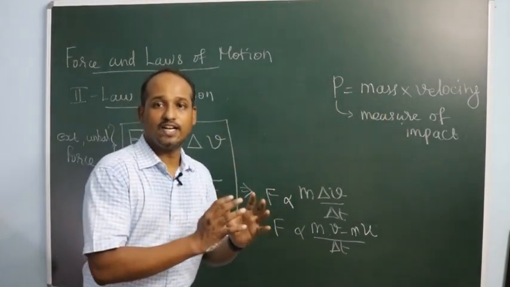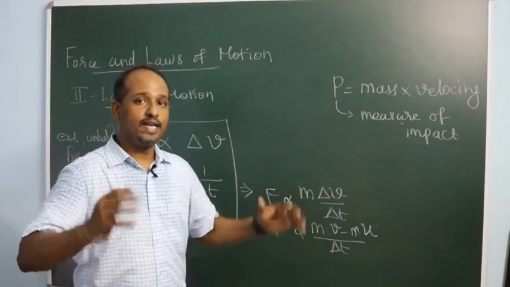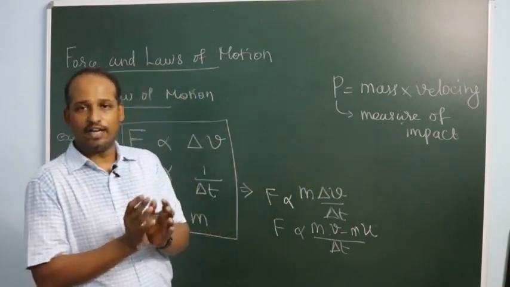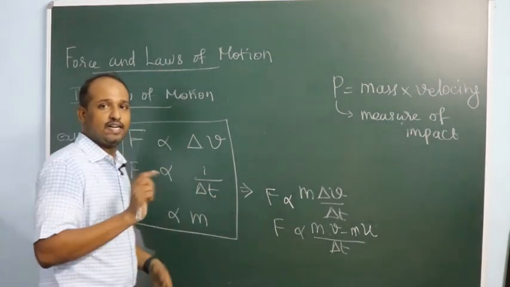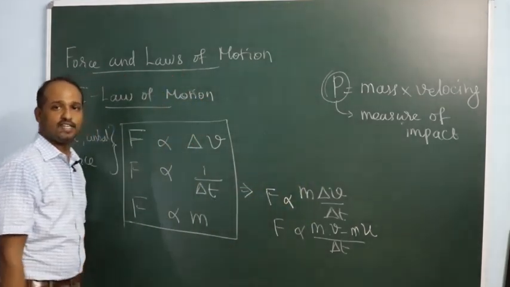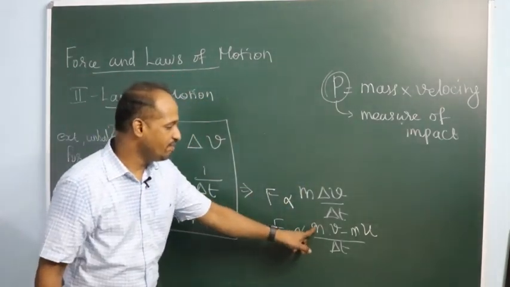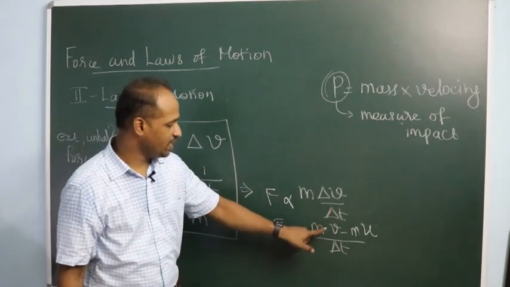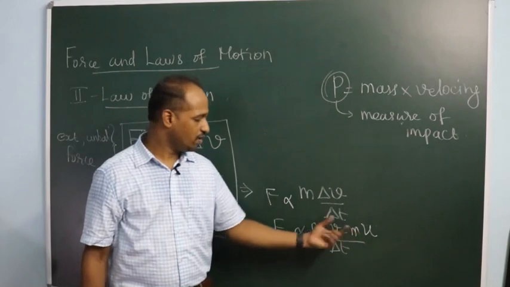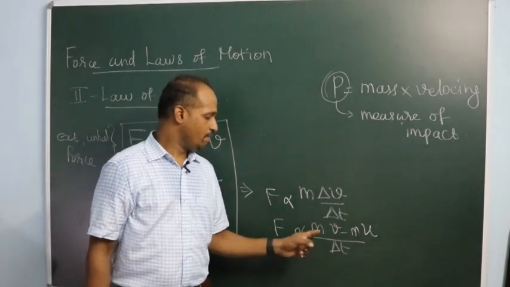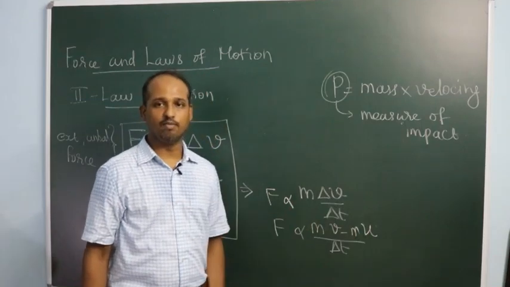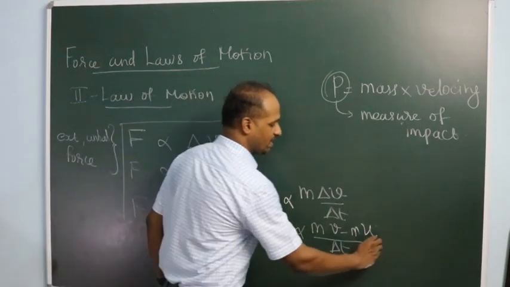Suppose if an object is having large momentum, then it can produce enormous damage. If the object has less momentum, then it cannot produce that much damage. So momentum is a quantity which is the product of mass and velocity. And now you see m into v, because v is final velocity, m into v is final momentum, m into u is initial momentum, because mass into velocity is momentum, mass into final velocity is final momentum, mass into initial velocity is initial momentum. So I will write this equation as like